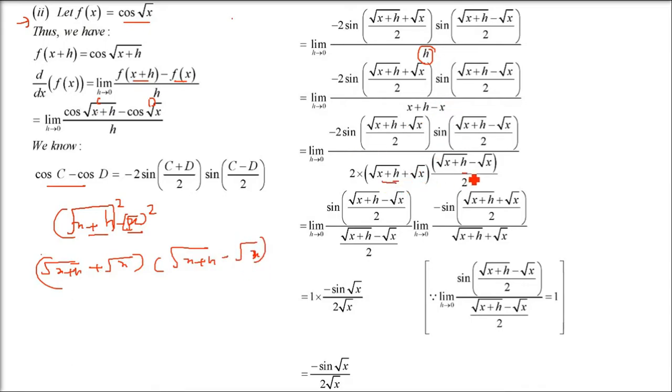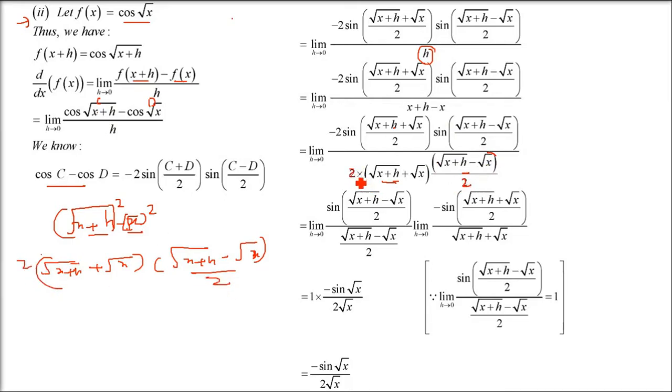Okay, so this is what we got. Now just see this minus term. Plus will not give any trouble to us, because when h is 0, under root x plus under root x will be twice under root x. So we have to see the other one. So we have sin of (under root x plus h minus under root x) by 2. Since we have this in the denominator now, we just showed it on the left. So this under root x plus h minus under root x, we have to divide by 2 and multiply by 2. That is what has been done.